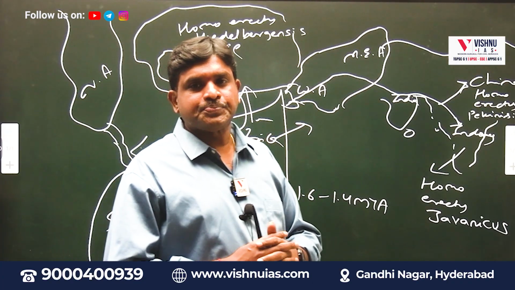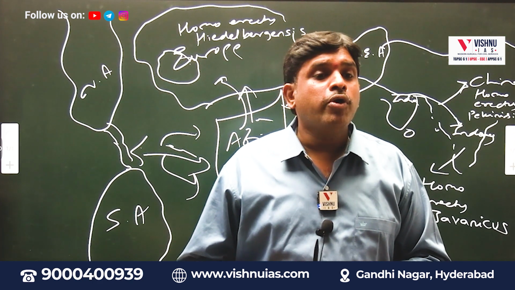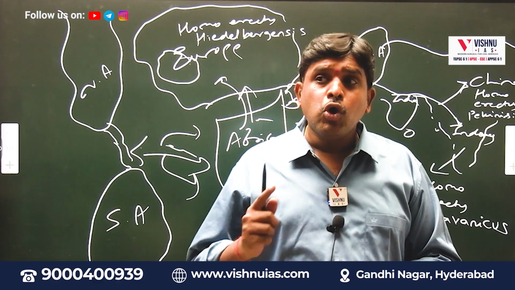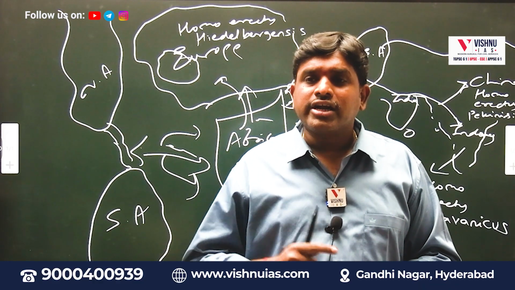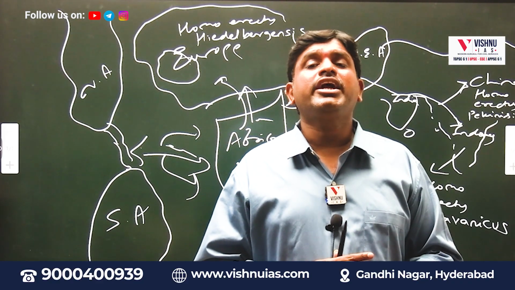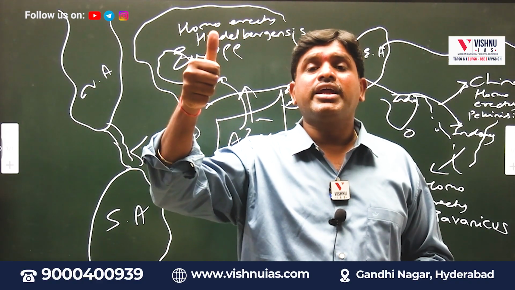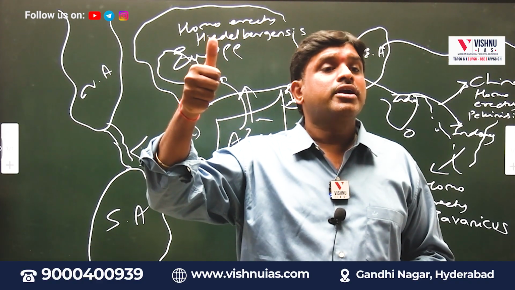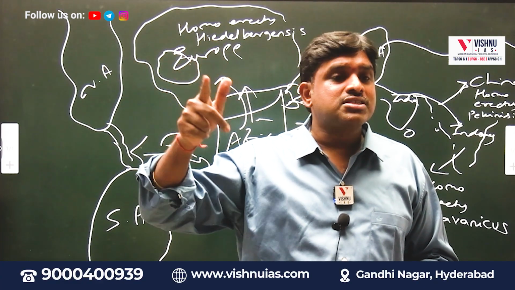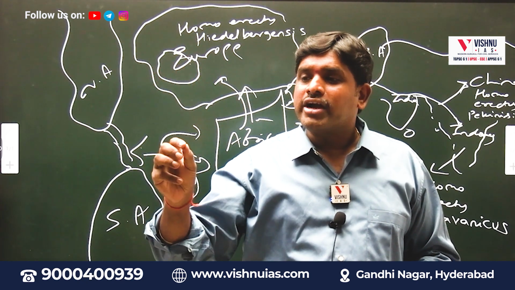In this way, from Australopithecines, the man had evolved into Homo erectus ergaster, and this Homo erectus ergaster had further evolved into Homo erectus javanicus, Homo erectus pekinensis, Homo erectus heidelbergensis. So how many varieties of Homo erectus do we have? 4 varieties. One is the African variety, Homo erectus ergaster. The Indonesian variety, Homo erectus javanicus. The China variety, Homo erectus pekinensis. The European variety, Homo erectus heidelbergensis.